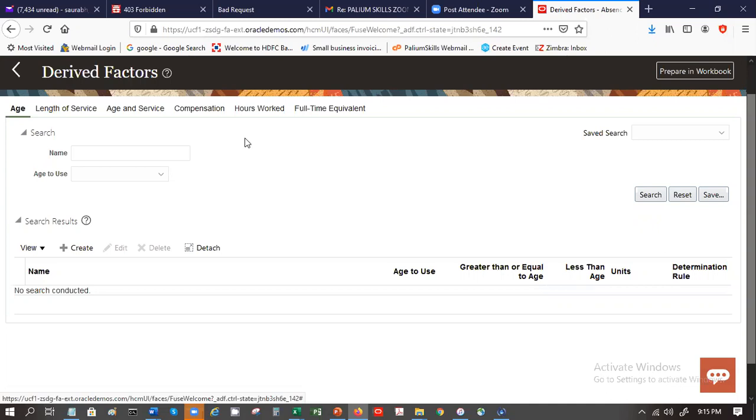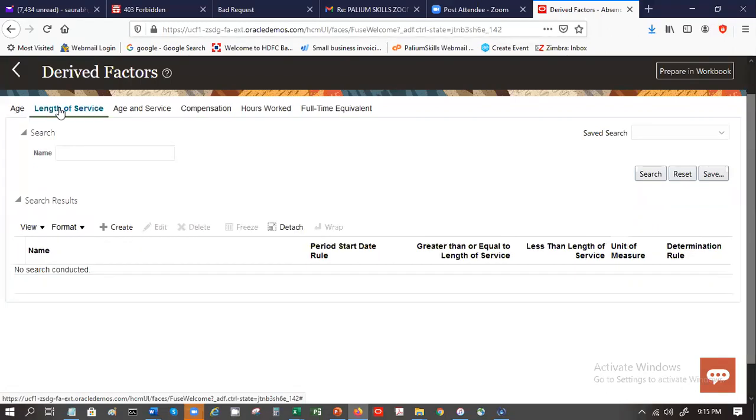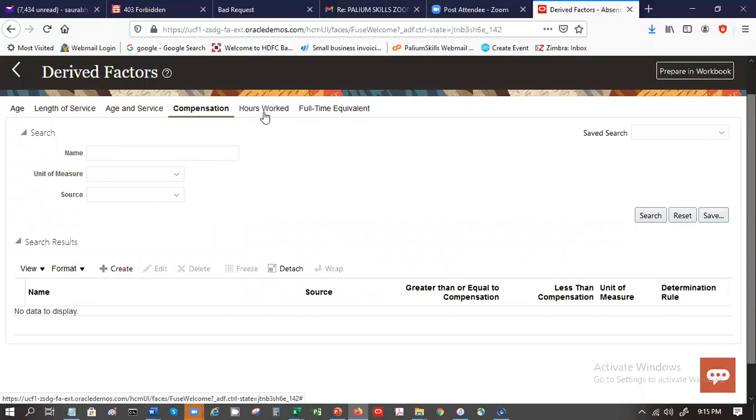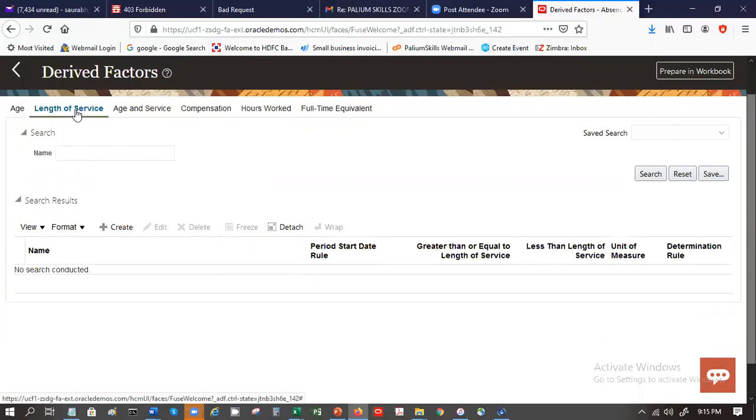So based on those details, you will be seeing the particular value. So similarly here, suppose I want to create a derived factor for length of service, I will have to go to length of service and then click on this create button over here. For each tab, there is a separate create button to create the respective derived factor. Okay. So let's say I want a length of service.